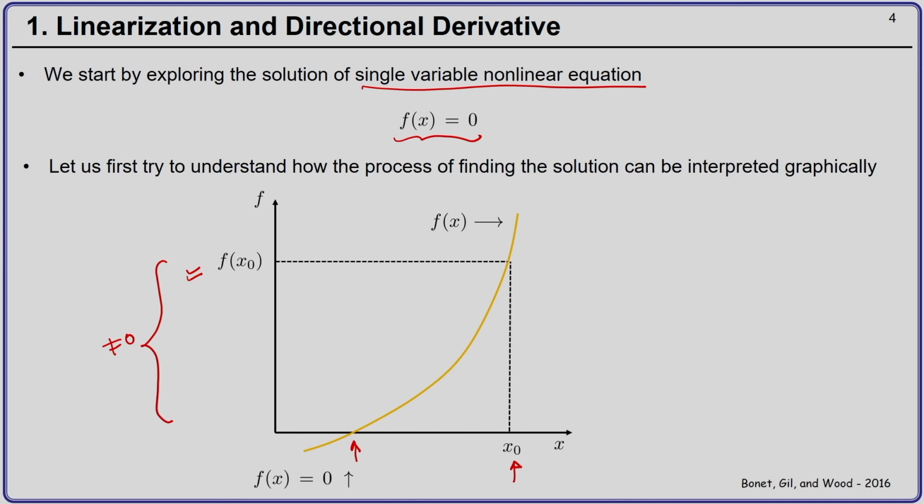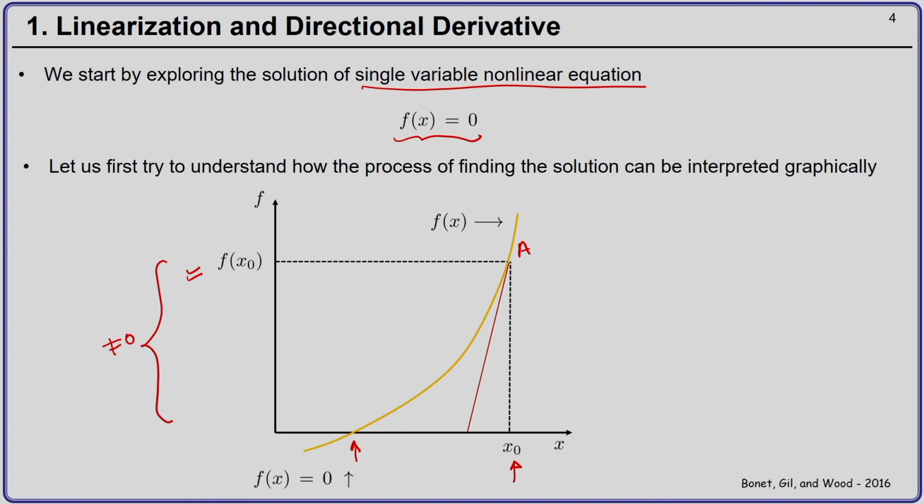So, what do you do? What we do next is we make a tangent at this point. Let us call this point as A. So, this red line is a tangent to the yellow curve at point A, and then we know the slope of the line, the red line. That is the derivative.